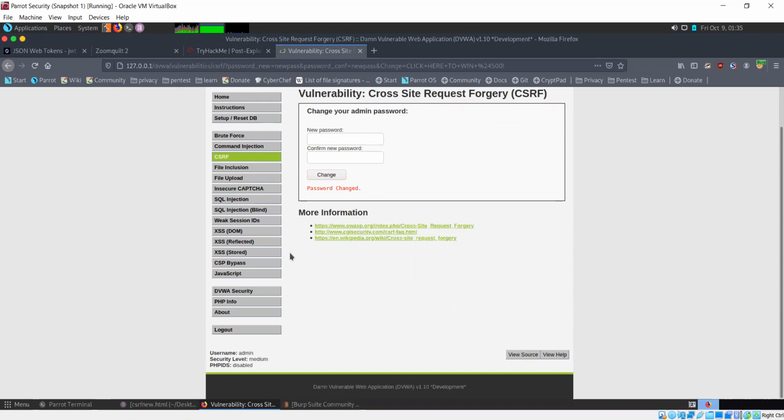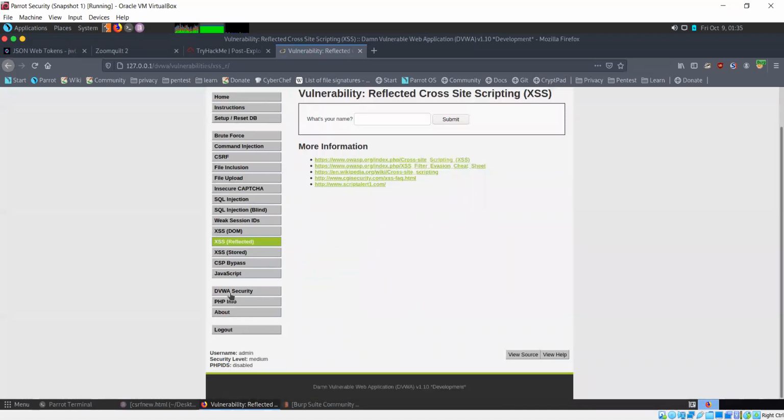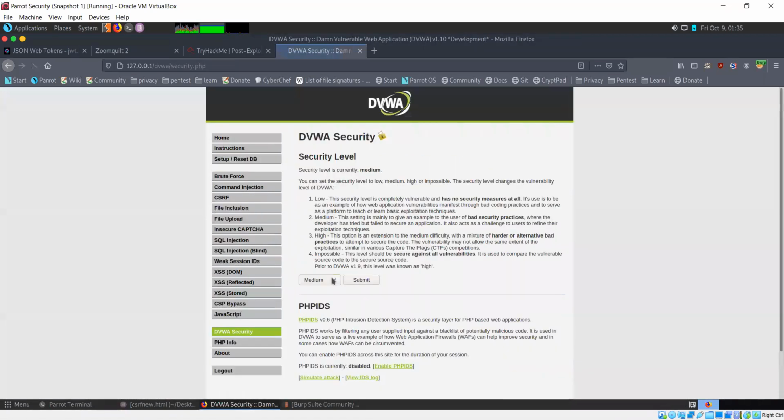Now we've covered brute force, command injection, CSRF, and up to file upload we have completed. Okay, so let's come to cross-site scripting now. Security level I'll just change to low first.